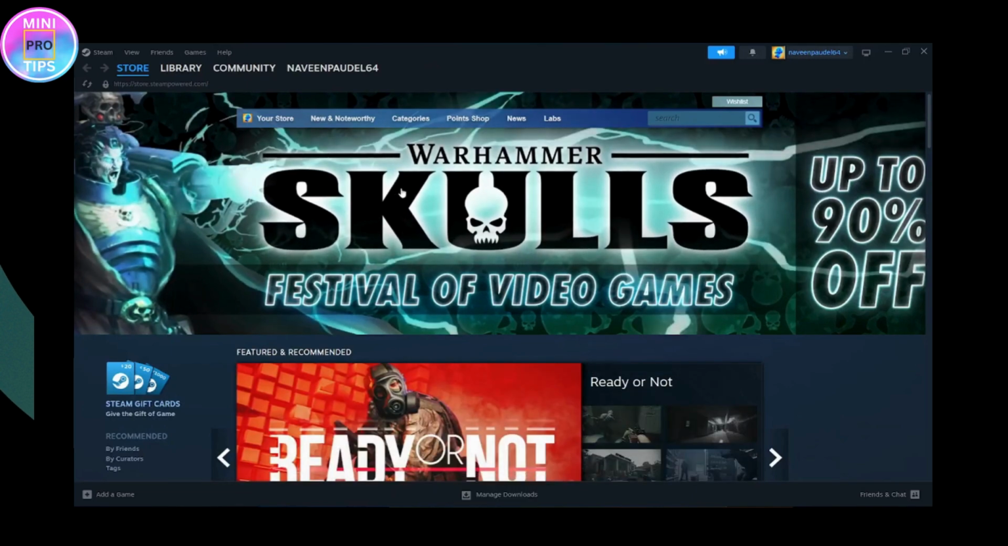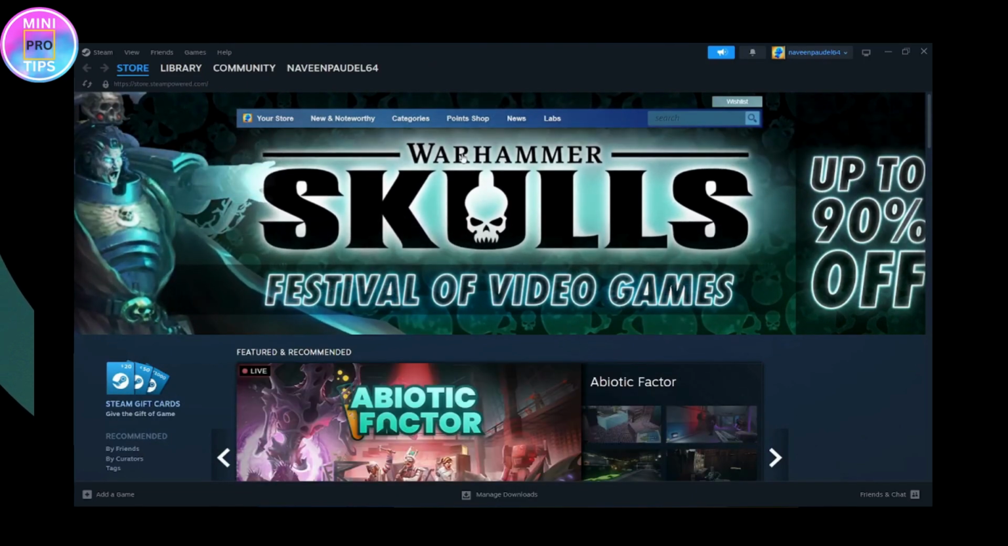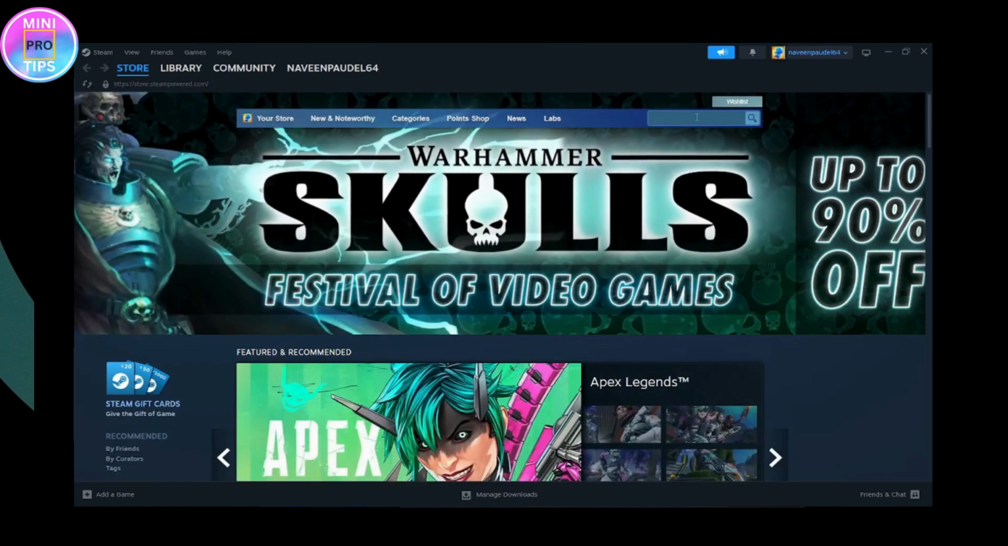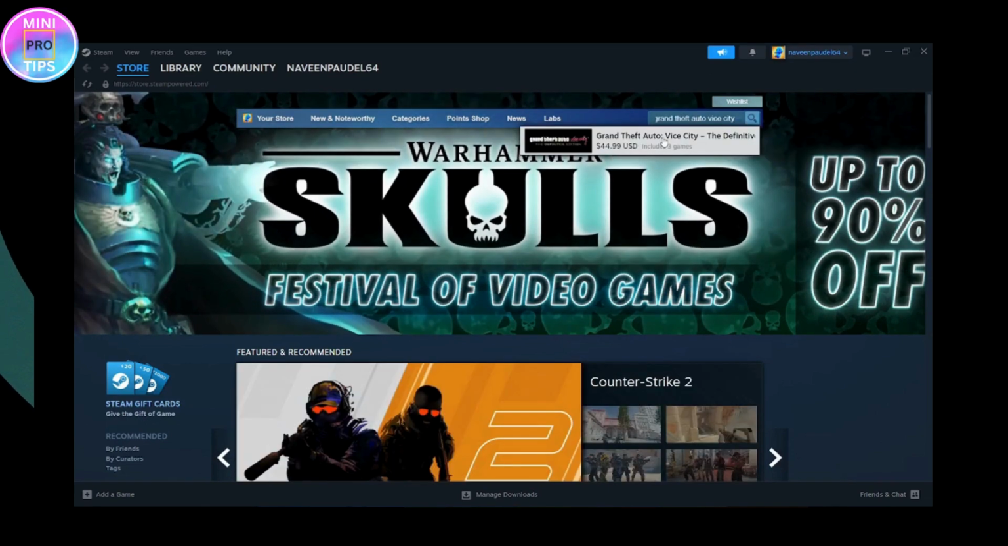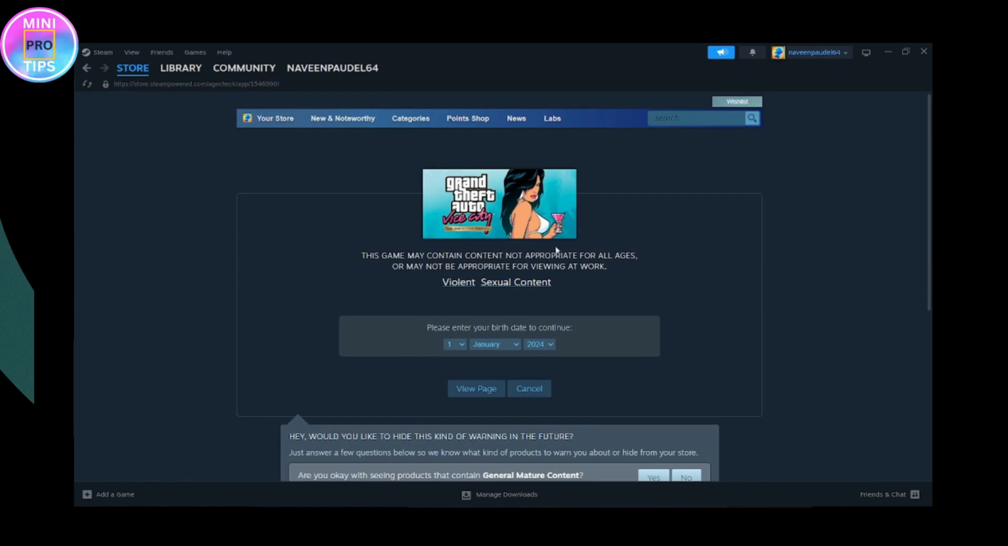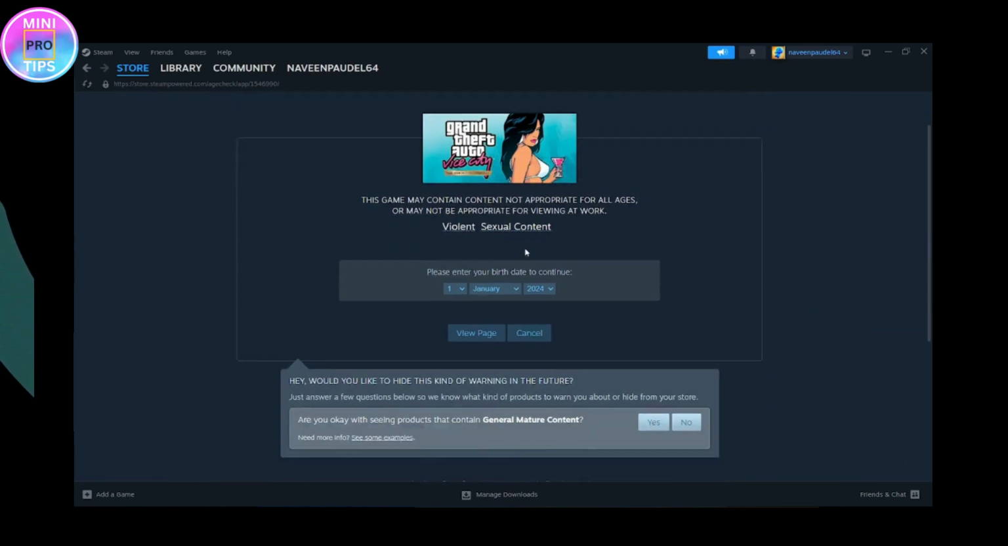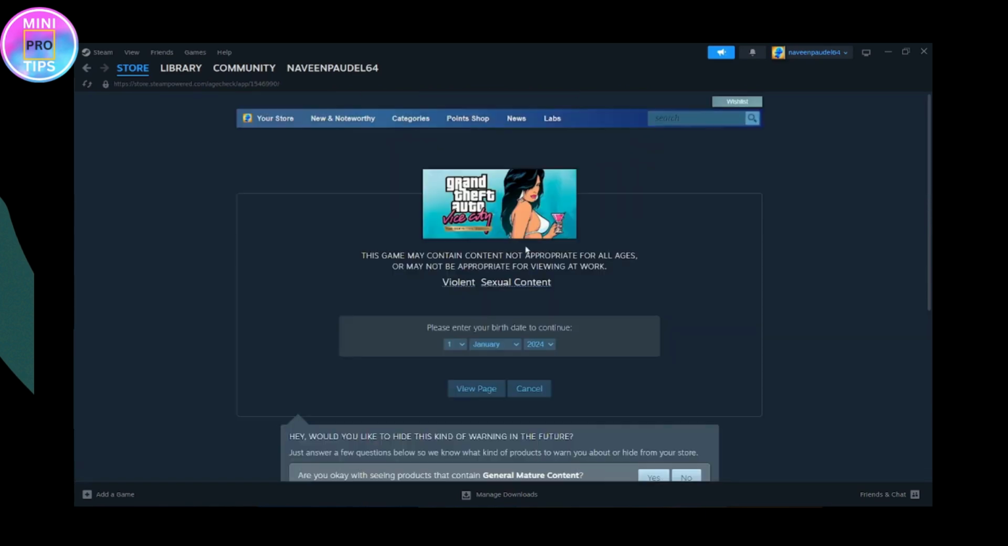Once you open your Steam, now search for Grand Theft Auto Vice City, which is GTA Vice City. So go for the search and then search for Grand Theft Auto Vice City. You need to click on the search and here you will have your GTA Vice City, right? So if you want to download this, then here you can see that